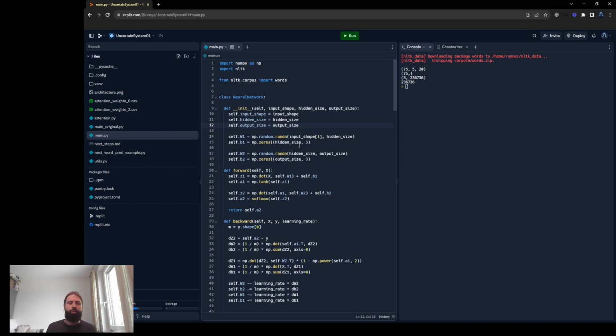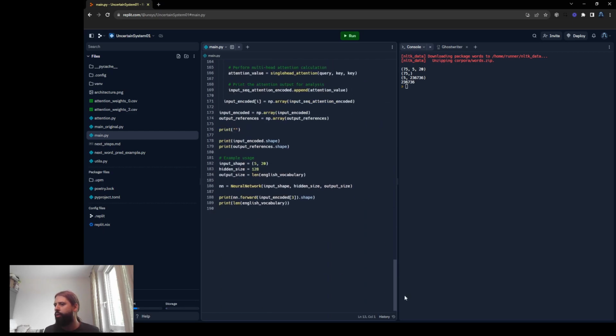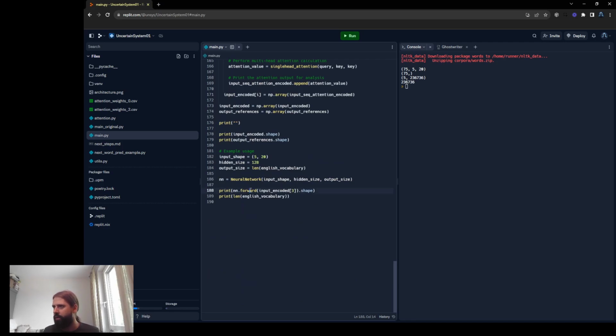So we're not training it, we haven't trained it at all, and then basically do a forward pass, and what I want is that the forward pass gives me an array of this size, like with just a probability distribution. You know what I mean? I want that, but instead I'm getting a